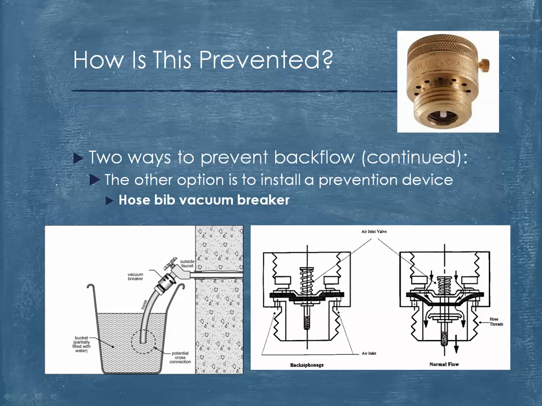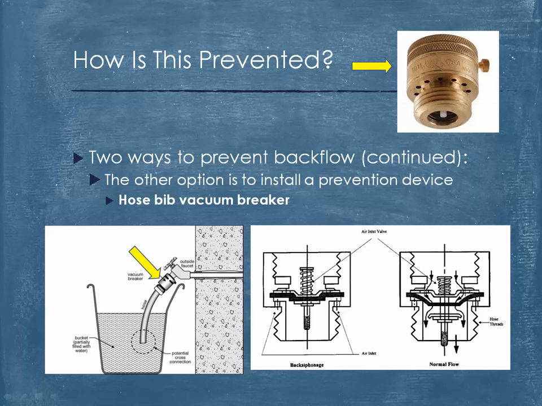When an atmospheric vacuum breaker is not installed on a faucet, a small threaded vacuum breaker can be installed on any threaded connection where a hose can be installed. Some sink faucets, such as a mop sink, will have a threaded end allowing a hose to be installed. If this faucet does not have an atmospheric vacuum breaker, as we just saw, a hose bib vacuum breaker should